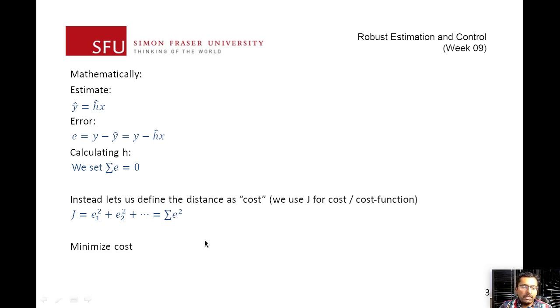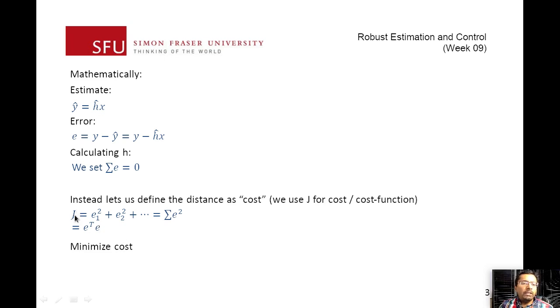The main advantage is that this becomes nicely written as an inner product of the error. Essentially E is going to be, say, a column vector, and if I multiply that by a row vector, I'm going to get just one number. We have to keep in mind that J, the cost function, is going to be a scalar, a single number, which is given by the sum of the squares of all of the errors, or the inner product. All of those are going to give you the same result.